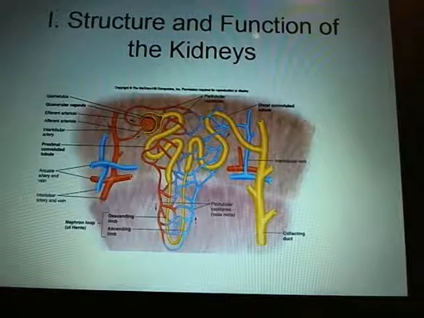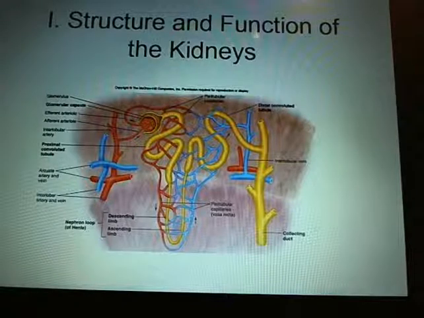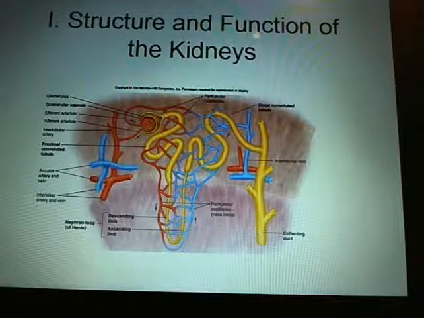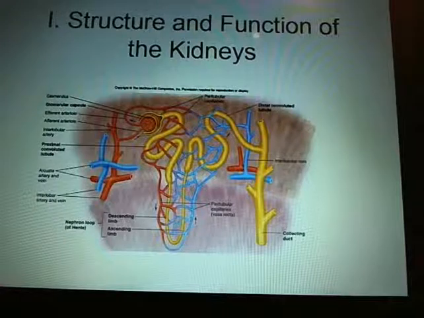If you're going to look at protein, you should have no protein in the urine, or very, very little, I should say. And if you see a lot of protein in the urine, you're looking at some sort of renal failure or damage to the nephrons, via whatever. It might be a bacteria, it might be a chemical or trauma. You're also going to look at,